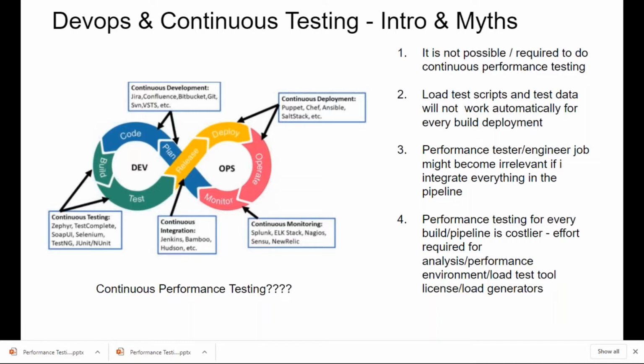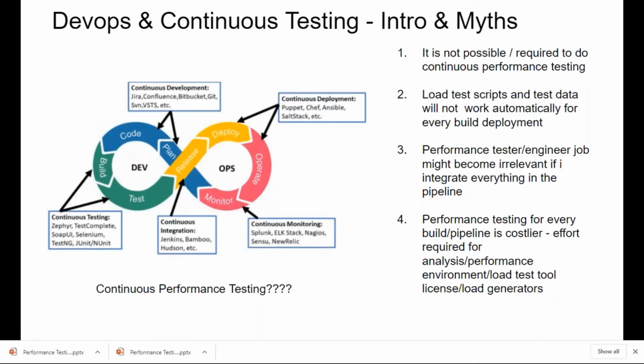This release cycle varies. The build deployment varies, but the cycle is pretty much the same. Though it is going to be a 2 week cycle or 4 week cycle, what happens inside the cycle remains the same: it continuously gets developed, continuously deployed in your test environment, testing comes into the picture, and then if everything's okay, it gets deployed.